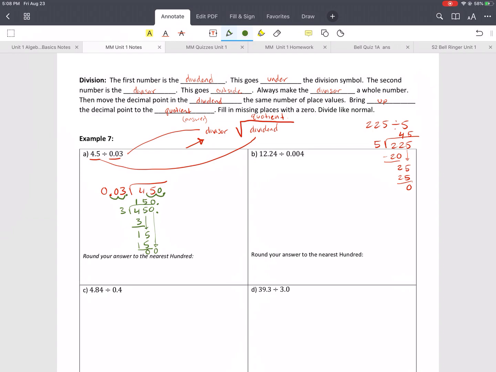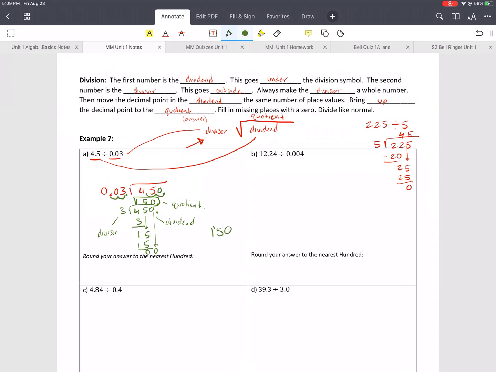That would be our quotient. Okay, so this is our divisor, dividend, and our quotient. Sorry, I got that backwards. Okay, this would be our answer,